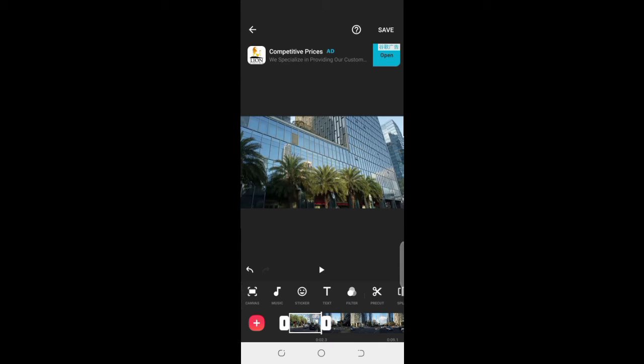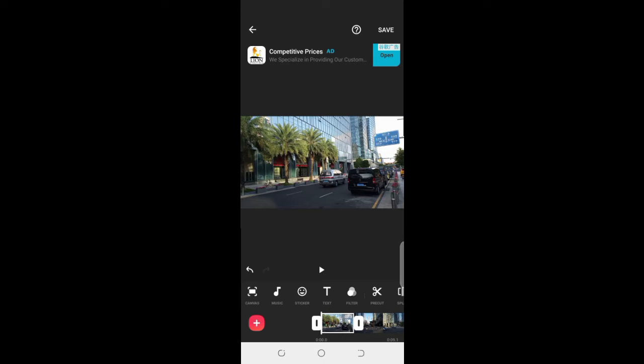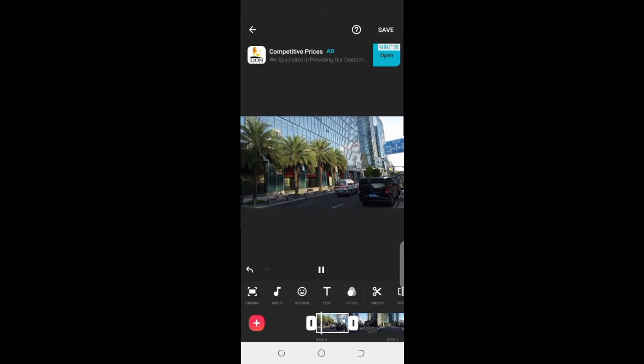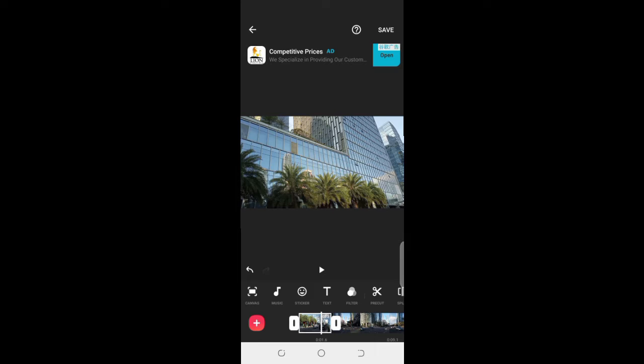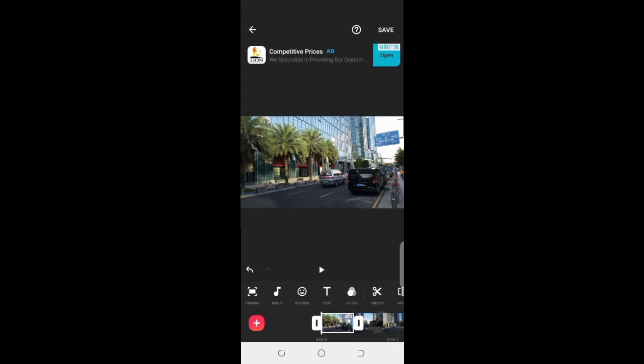So here I will just show you a step-by-step demo about how to edit your video with this free video editor app called InShot. So first of all, let's just play this video. As you could see, there is background noise. In order to remove the background noise or just turn down the voice, you could select